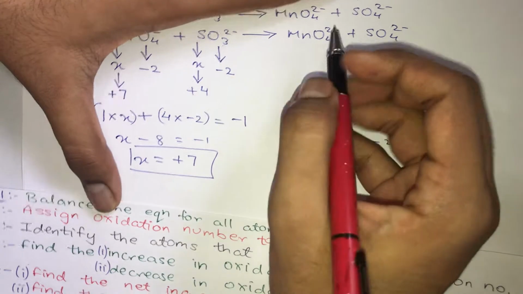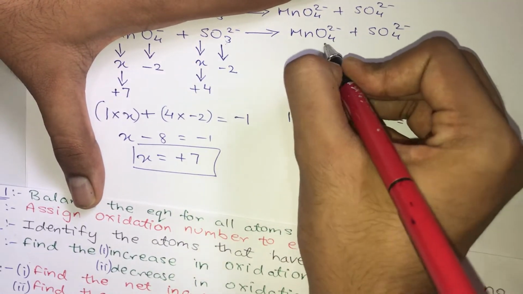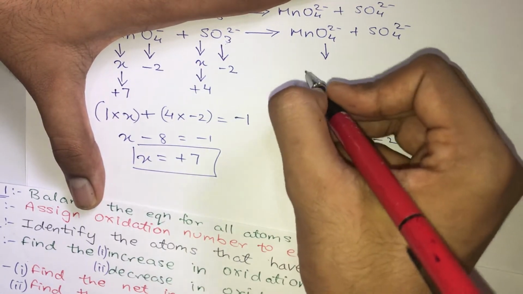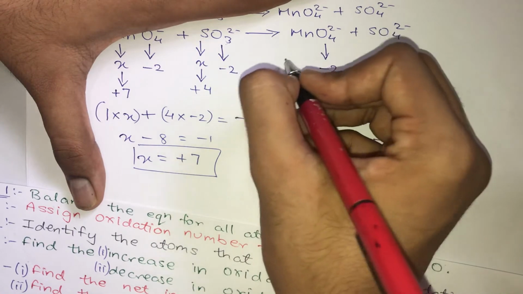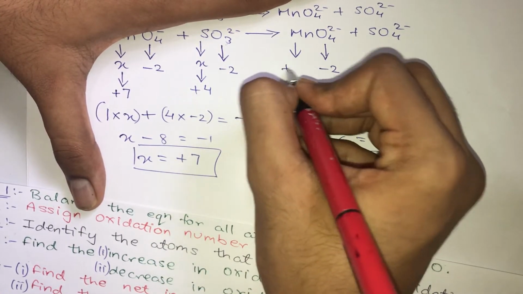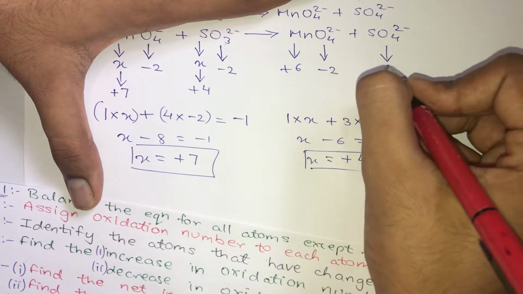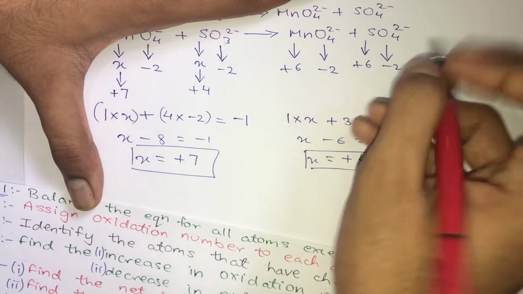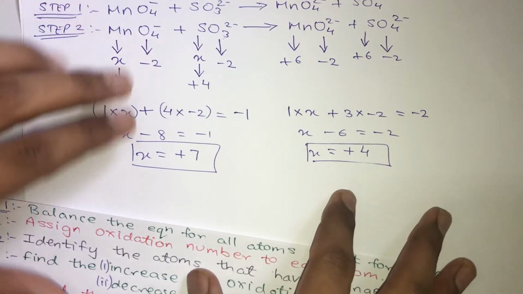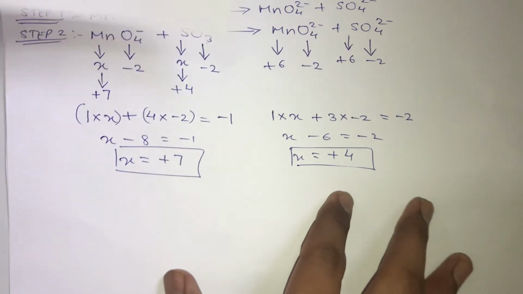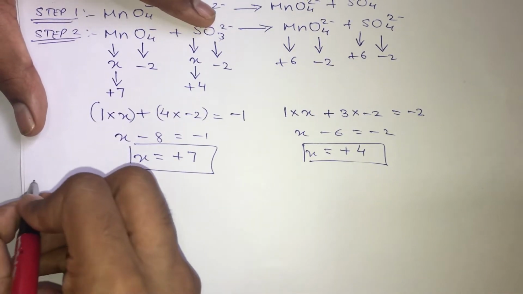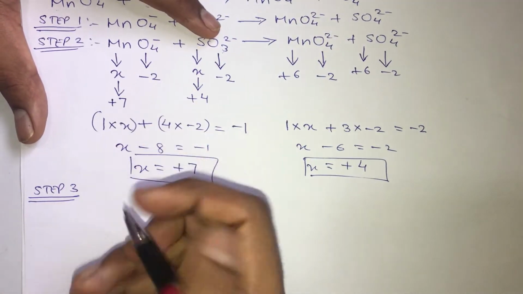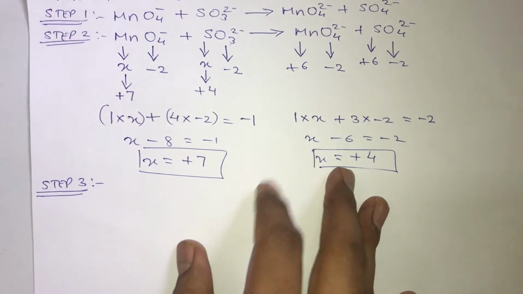Okay, now again here I am not going to repeat the steps, these calculations again. I hope you all know, you are smart to find out the oxidation number. Here we will get the oxidation number of manganese as +6. Here again the oxygen will be -2. I hope, guys, you can manage this by yourself. Okay, +6, done. Now let's do step number 3. So we have finished 2 easy steps, step 1 and step 2.